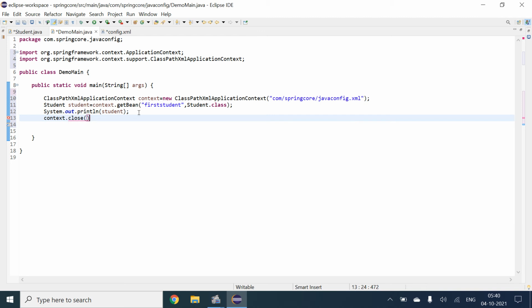That is basically the command I'm telling, it will be used when we do a real-time application.